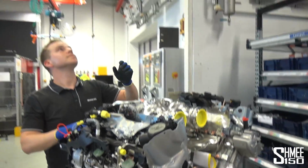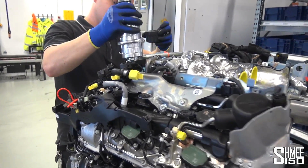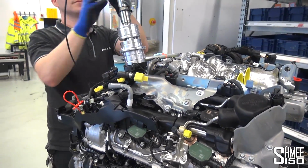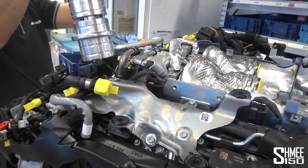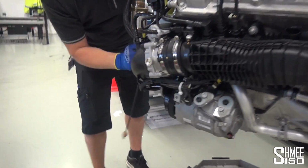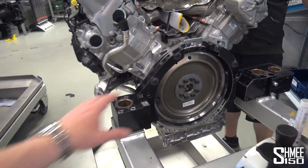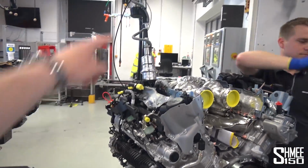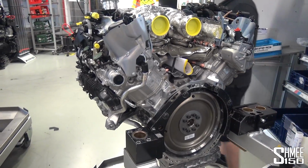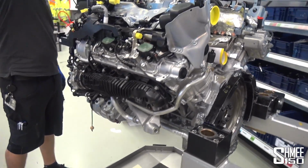This is done before it's taken for some small testing that's done here before the engine goes over to Graz. But literally it connects in two different places. At the top, at the normal filler, which is of course where you can access the oil yourself from the car after delivery, but also to do the pressure down below. It goes straight in to the lower section, and you can see here as well how it will continue again being scanned. But this basically gets filled with oil, ready to be tested, and this is a G63 engine again,